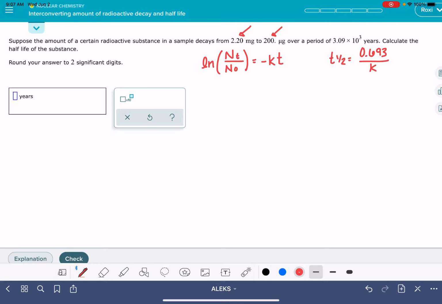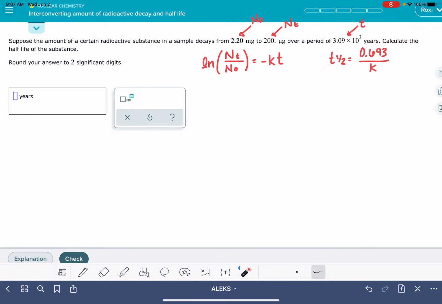So this particular problem gives us two amounts of our nuclides. It says the sample is decaying from 2.2 milligrams. That's going to be our n at initial time, n at time equals 0. And then 200 micrograms, that's going to be our n sub t. And then it's giving us 3.09 times 10 to the third years. That's our time. That's not our half-life. That's just the amount of time that it takes for this decay to take place. We're going to plug these three numbers into this equation right here and solve for the rate constant k. And then once we know the rate constant, we can plug it into this equation and solve for the half-life,